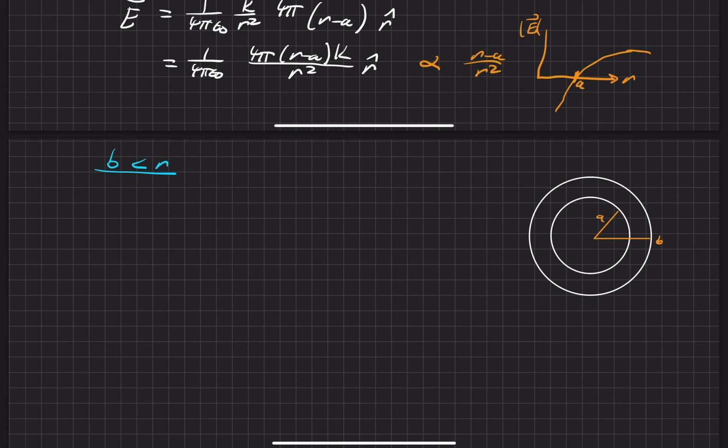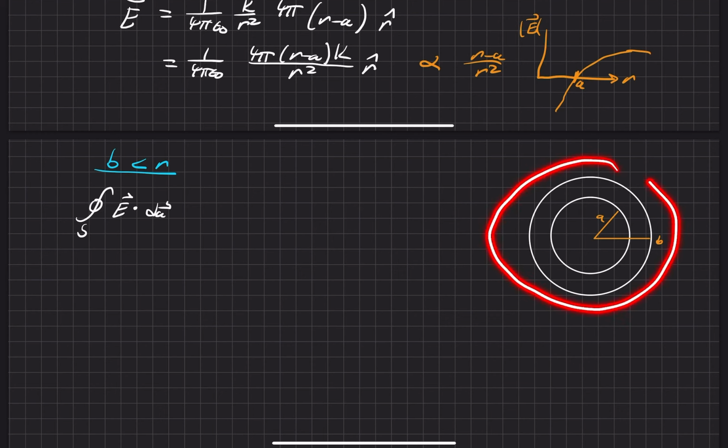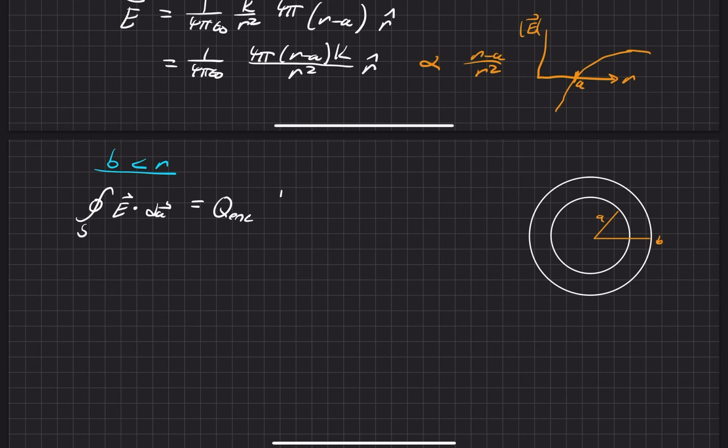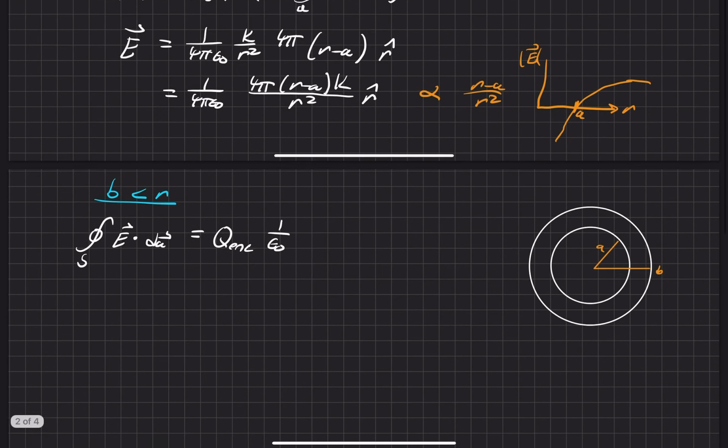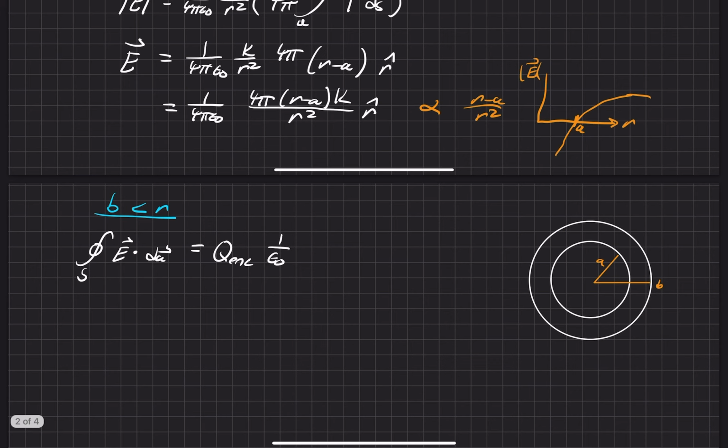We're going to be doing a surface integral of the electric field dotted with our Gaussian surface, and in this case the Gaussian surface is still at a radius r. This is still a radius r, but encompasses everything here. Since it has spherical symmetry, that dot product will end up turning into a multiplication just like the rest of it, except that we're going to integrate from a all the way out to